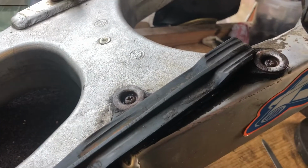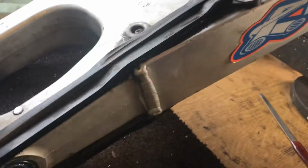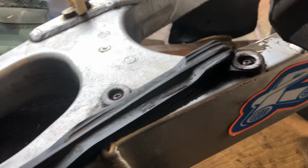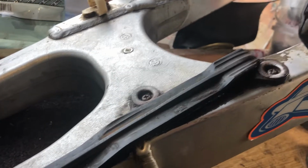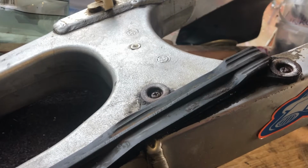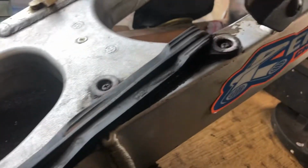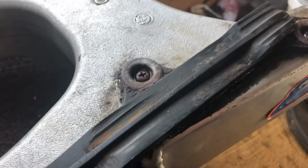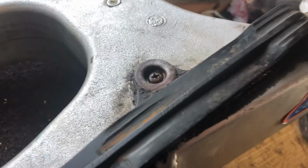Very small screws, not much to hold on to, and the corrosion that happens between steel and aluminium, oxide or something like that. I believe it is harder than normal rust steel to steel, so it is very, very difficult. So I've put a little bit of the magic WD-40 on, which is what everybody does, and if ever you're trying to undo a crosshead screw or a Phillips screw or a Torx screw or whatever it's called, where you are,